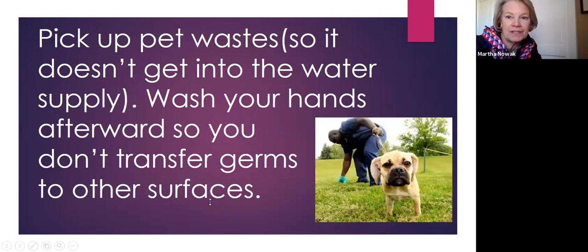The other thing is to pick up pet waste so it doesn't get into the water supply. So wash your hands afterwards so you don't transfer germs to other surfaces. And that's so that it doesn't get into our creeks or our lakes. The cities do clean our water, but it would be helpful if they didn't have to clean up extra stuff